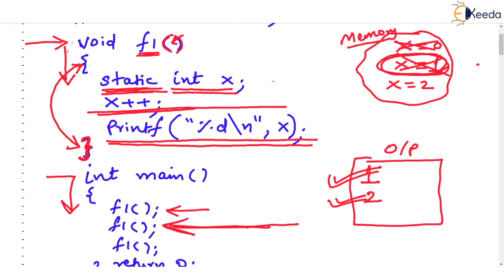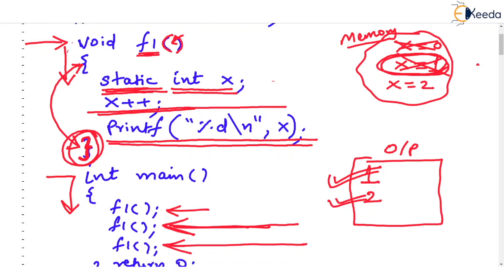And now comes again the same point. We are coming to the end of the function. You see, the function is getting terminated here. And when the function gets terminated, the static variables are not deleted from the memory, although the scope ends. Static variables stay in the memory and even their value is restored. The value of static variable x now is 2. Okay, let's get back to main.